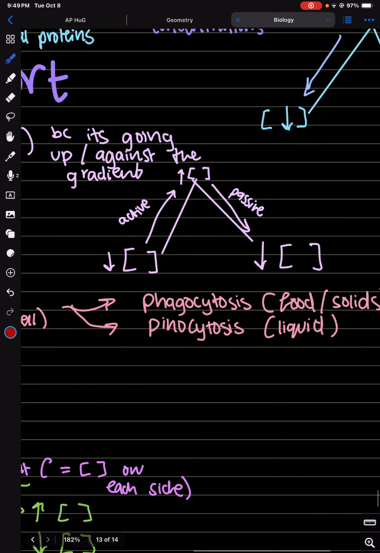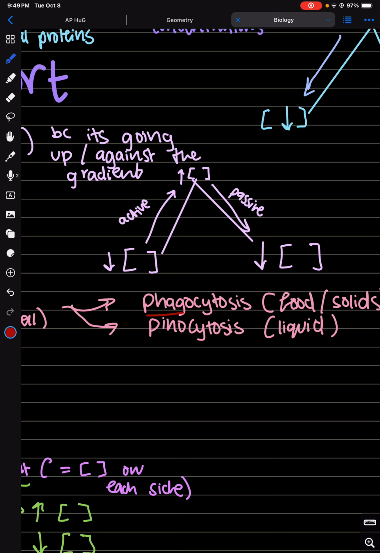There's phagocytosis, which, phago means food or solids. Phago means solids. The way I remember this is phagocytosis. Like if your friend is being annoying and they're eating all your food during lunch, you would call them